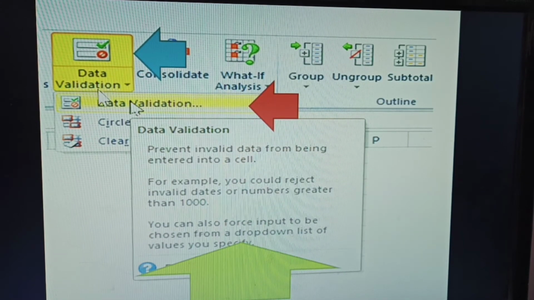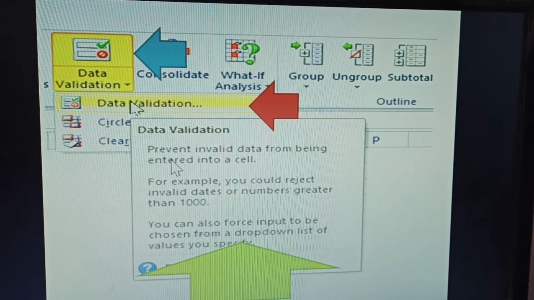See here, this is data validation. Click the data tab. There, click data validation. The down arrow is there. Click that one after. These three are displayed under data validation. The first one is explained in this video.